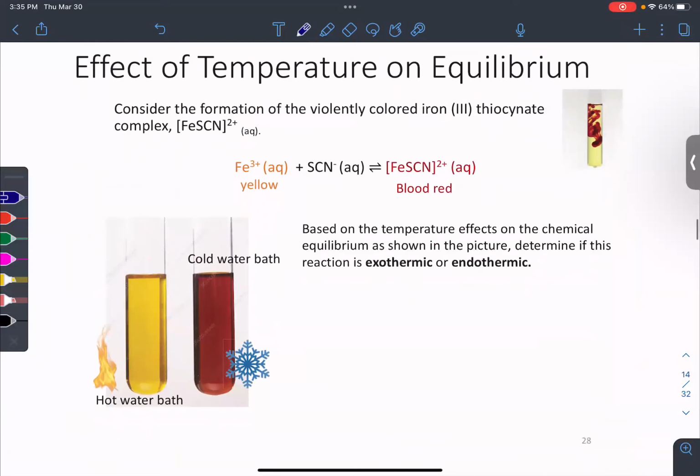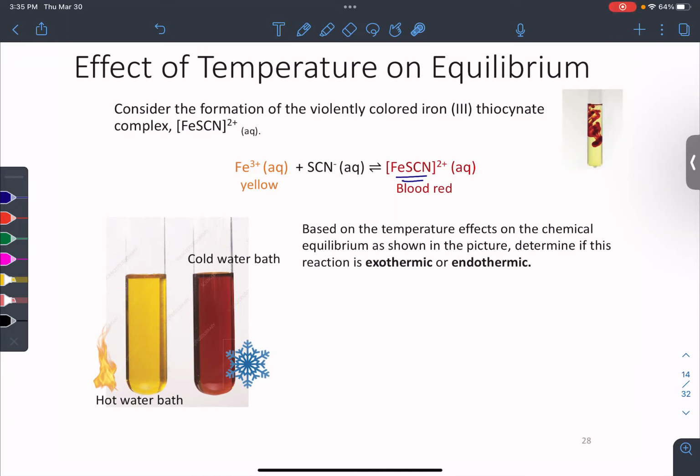Okay, so here's a chemical equilibrium. We have iron 3+, which is yellow, and it's in equilibrium with thiocyanate ion, and it makes a blood red complex, and these are in equilibrium. So you can clearly see which side of the reaction is present, whether the solution is red or yellow. All right, so this is a really cool demo. You can put iron 3+ in a test tube, put tiny drops of thiocyanate in it, and it becomes an intense blood red. And it actually looks like blood.